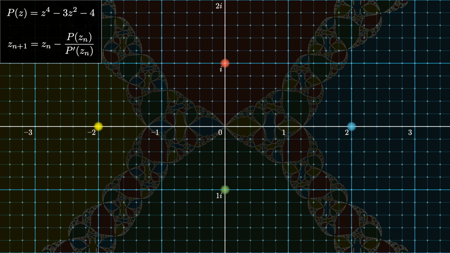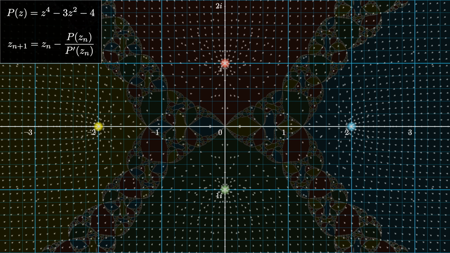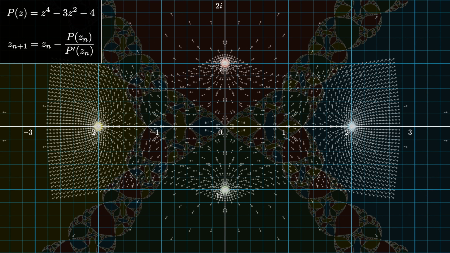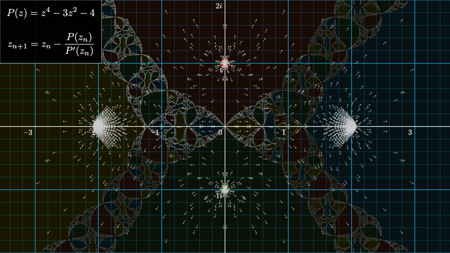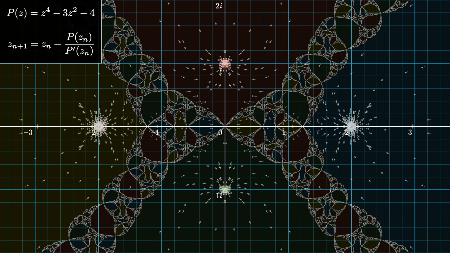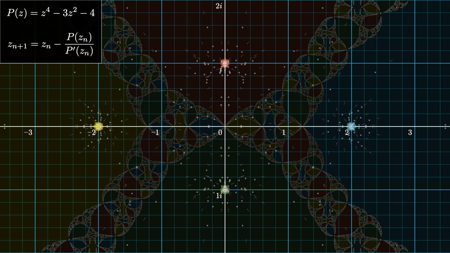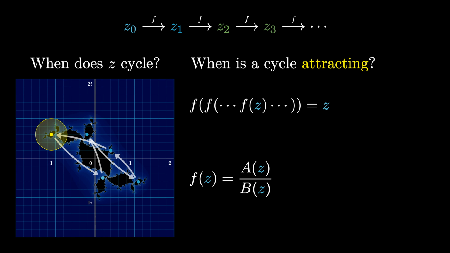I didn't really talk about this in the last video about Newton's fractal, but it's sort of strange to think that there are infinitely many points that fall into some kind of cycle even for a process like this. In almost all cases though, these points are somewhere on the boundary between those colored regions, and they don't really come up in practice because the probability of landing on one of them is 0. What matters for actually falling into one of these is if one of the cycles is attracting, in the sense that a neighborhood of points around a value from that cycle would tend to get pulled in towards that cycle.